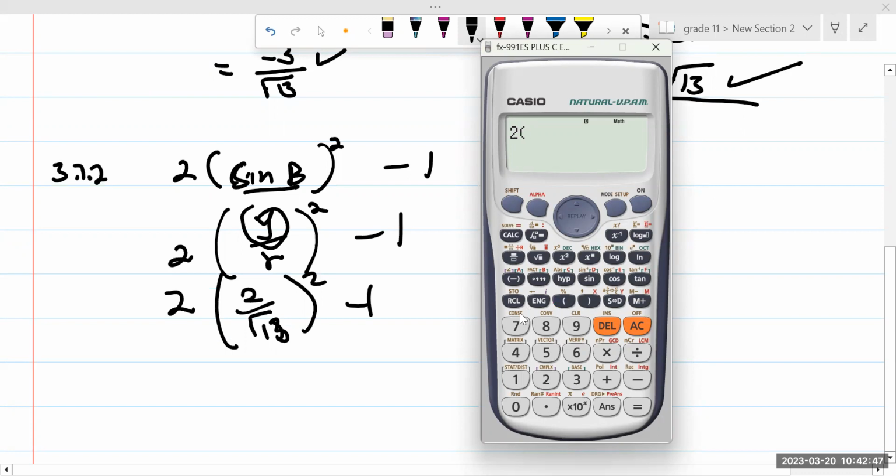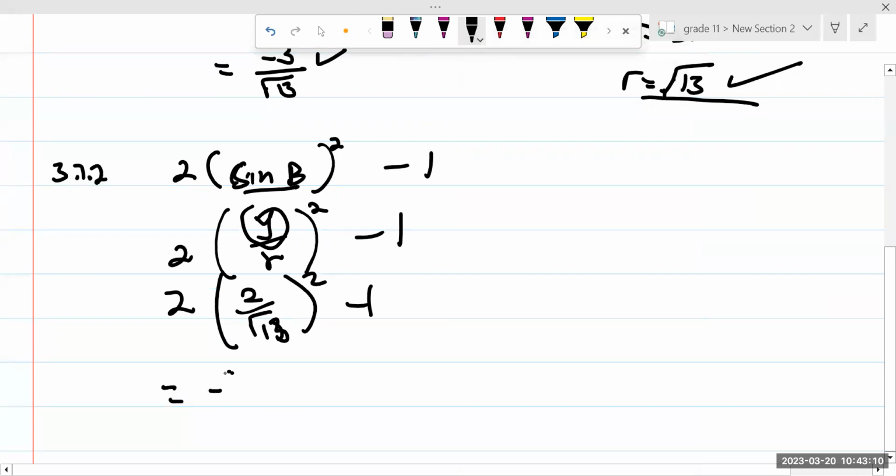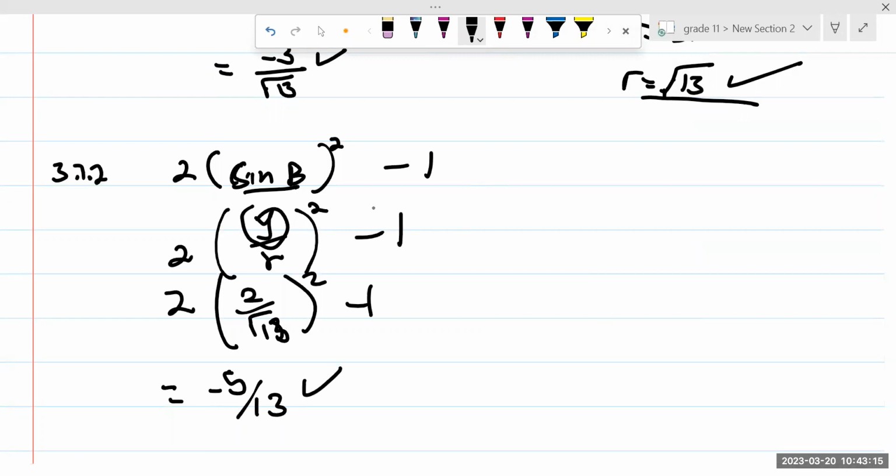So you have 2 open bracket, you have 2 all over root 13, all squared, minus 1. And then our final answer is going to be minus 5 all over 13. That's all. And then here you get 1 mark for correctly substituting, and then you get 1 mark for the answer. And then go to the last one,